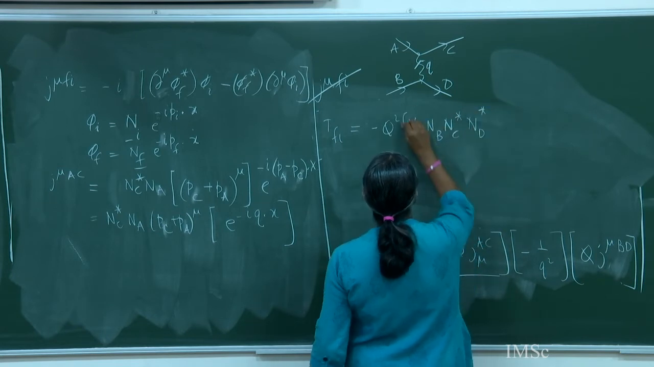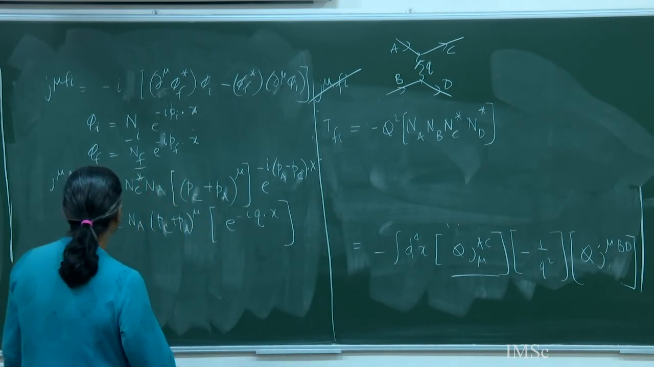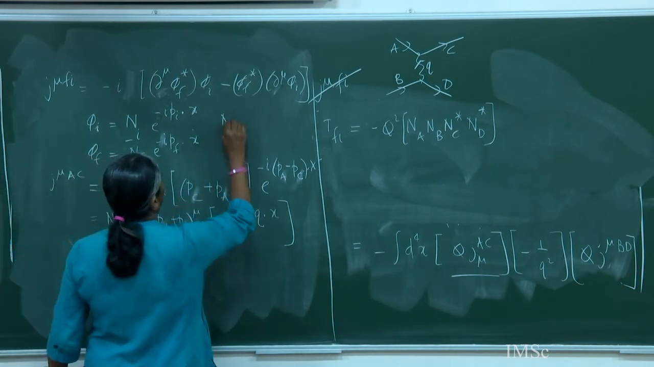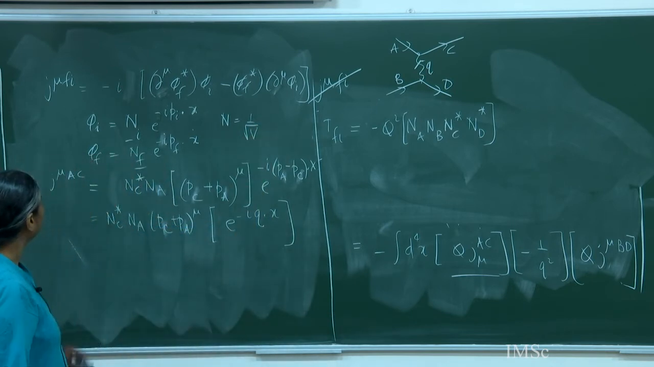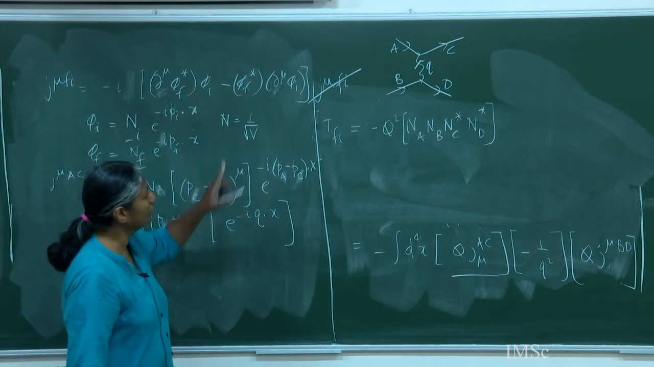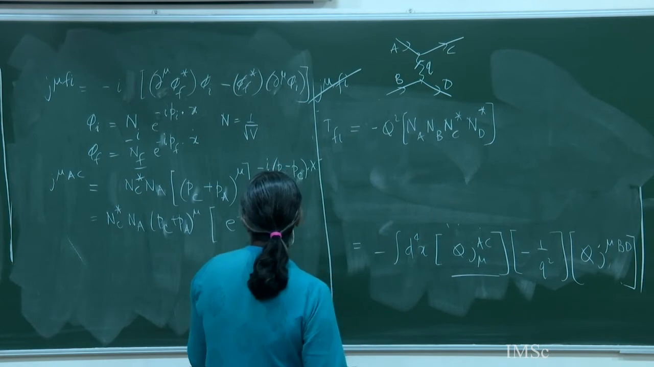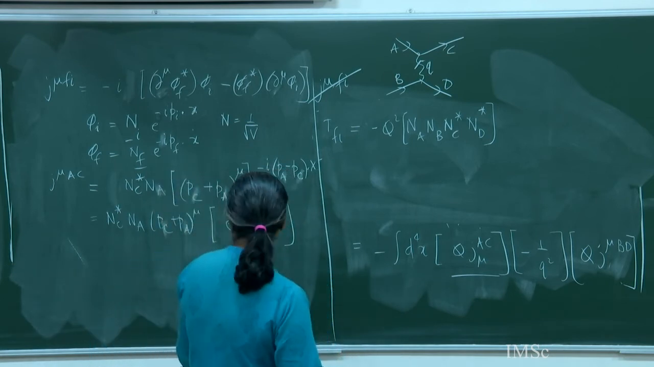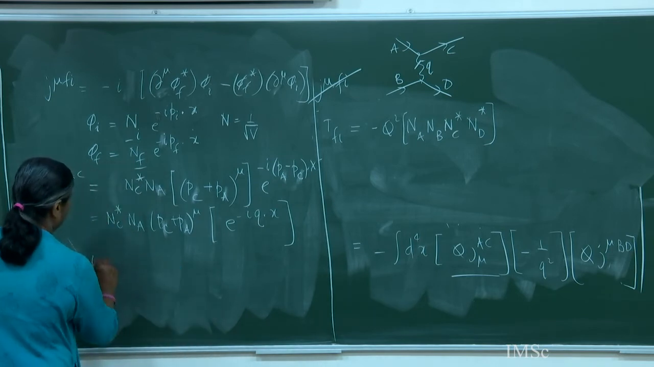By the way, I hope you realize that the normalization is just 1 by square root of the volume, right? Because then this will be normalized to 2E states in a volume V. So that this is just root V, root V, root V, root V, this is just V squared. But okay, let's not worry about that for now. And then we are going to have a term which looks like